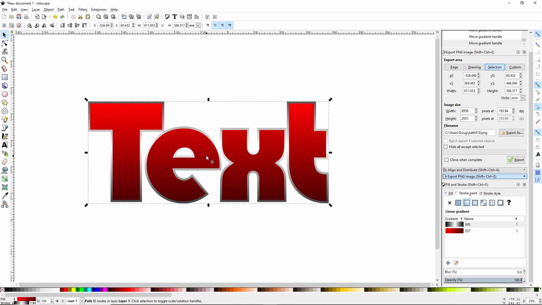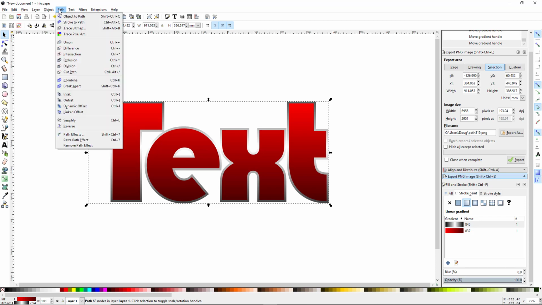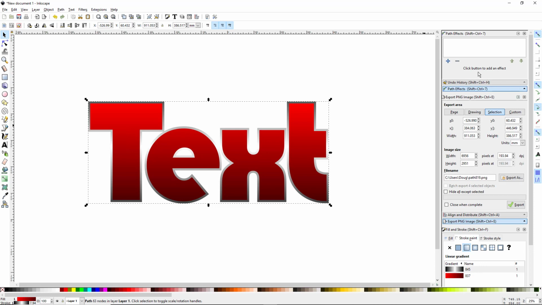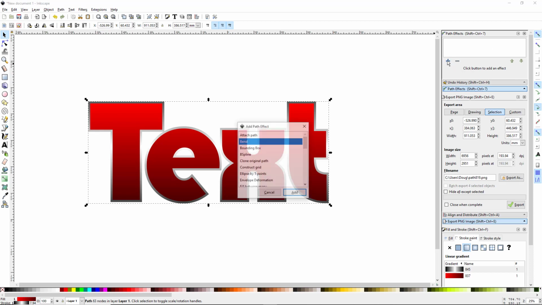Now, how we can do that is select the text, and we have an effect where you go to path, and then you go to path effects. So you click on path effects, and that gives you this other menu over here. And in order to create a path effect, you click on this plus button here, and you got a bunch of different options that you can choose from. I'm not going to go into all of these right now, but the one that we want to focus on is